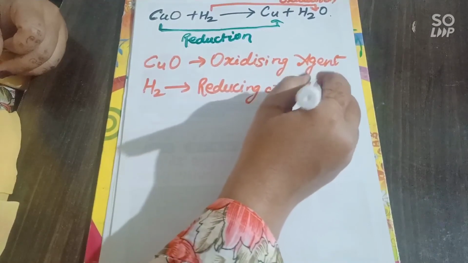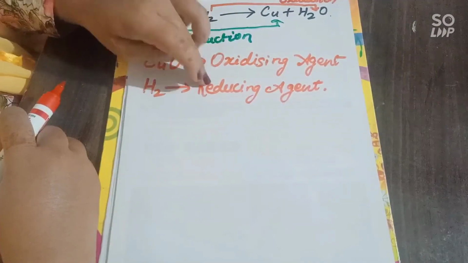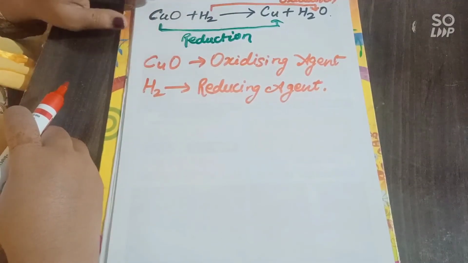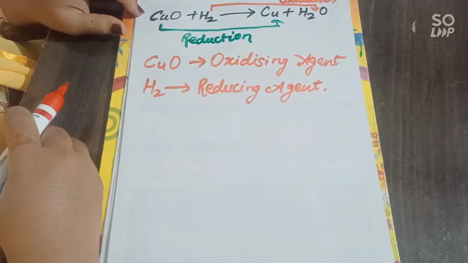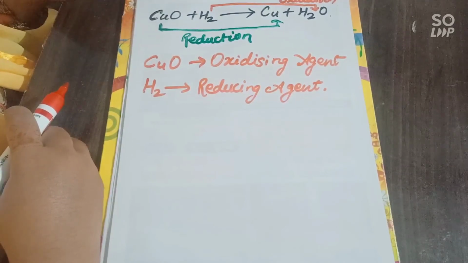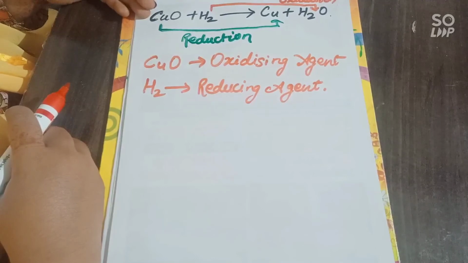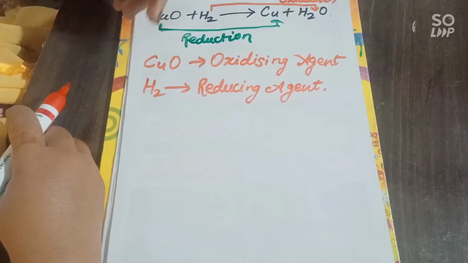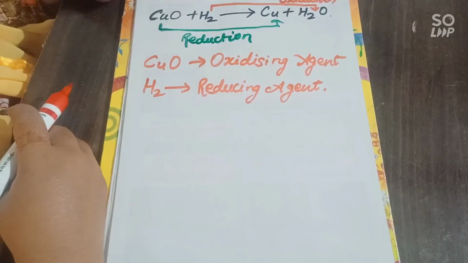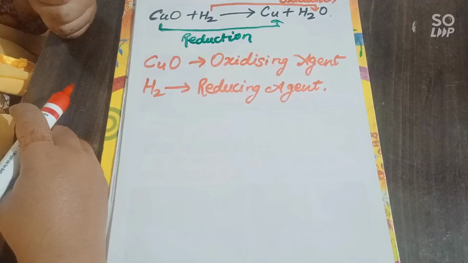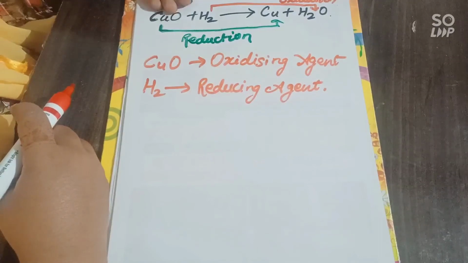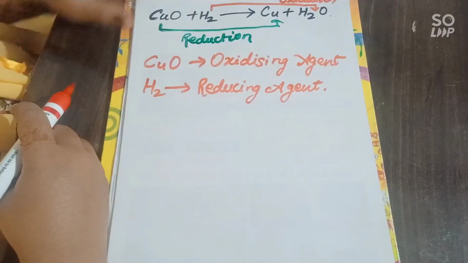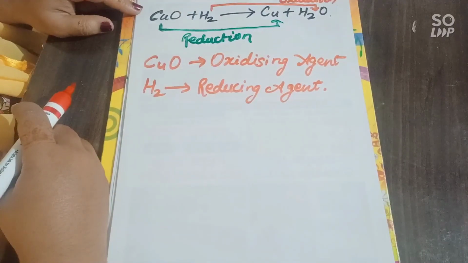One very common sense thing here: both the agents you will never find on the product side. These will be on the reactant side only, because it's an obvious thing. Either one of the species is losing electron or the other one is gaining electron, or removal of electronegative element or addition of electronegative element. These all things will occur on the reactant side, then only will product form. Therefore agents you will never find on product side, they will be only on the reactant side.